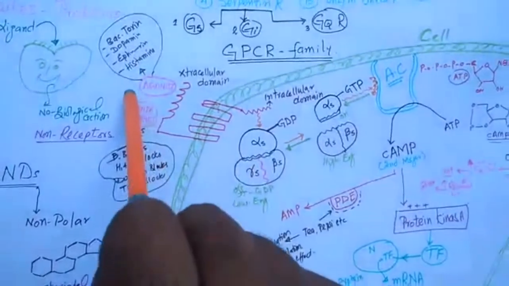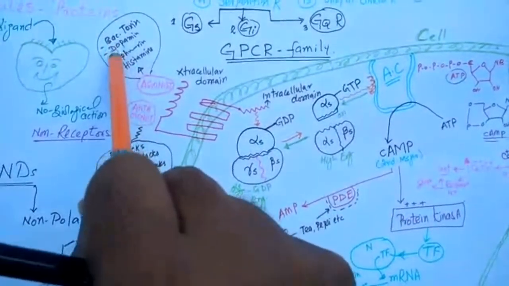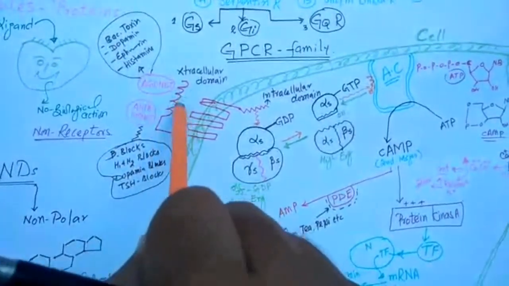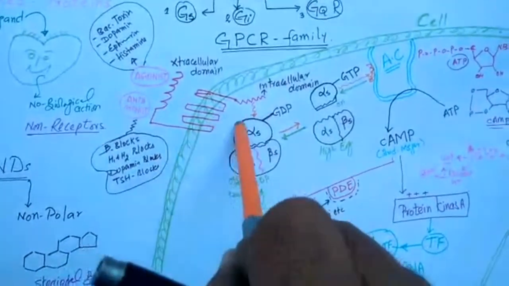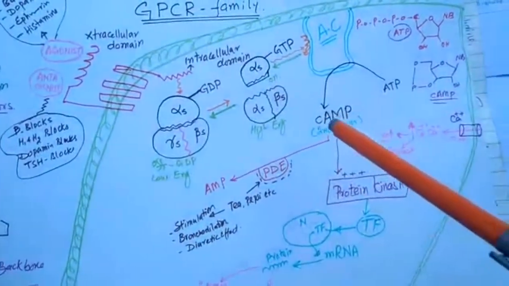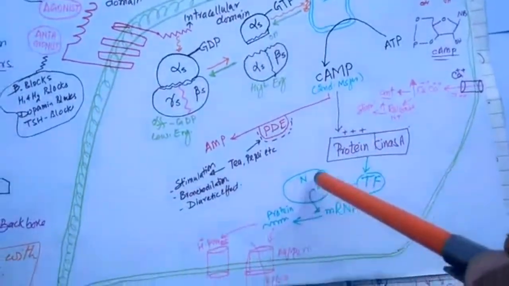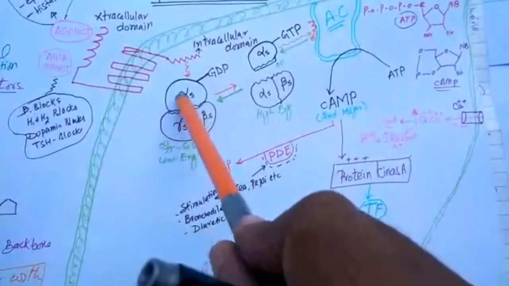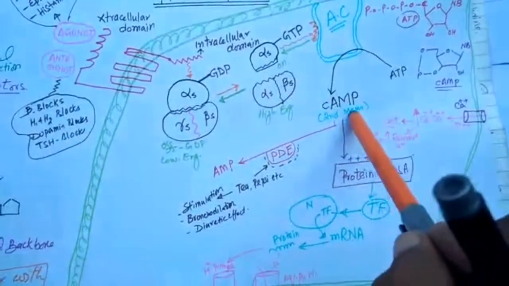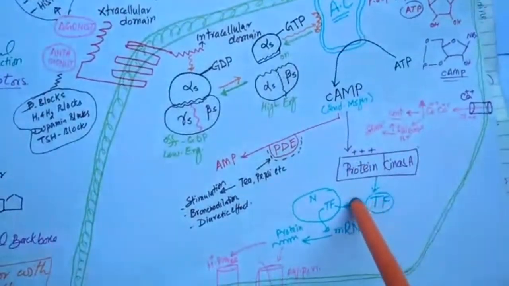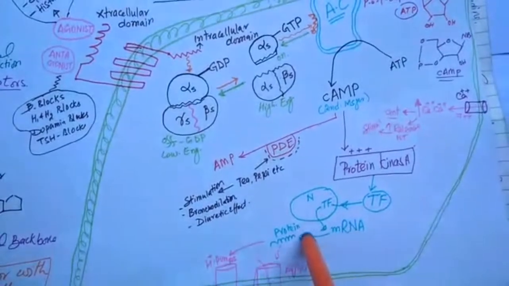For example, when histamine binds with these receptors, histamine causes tachycardia, histamine causes flushing, histamine causes allergy. When histamine binds here, activation occurs, cAMP comes here, this one is activated, and this special protein